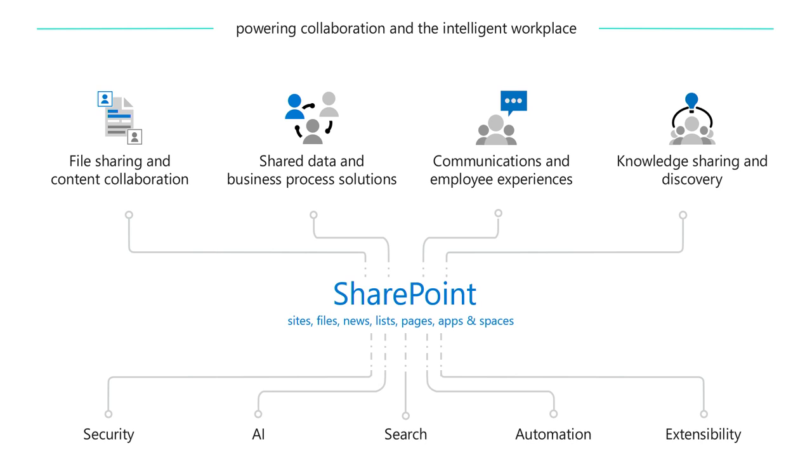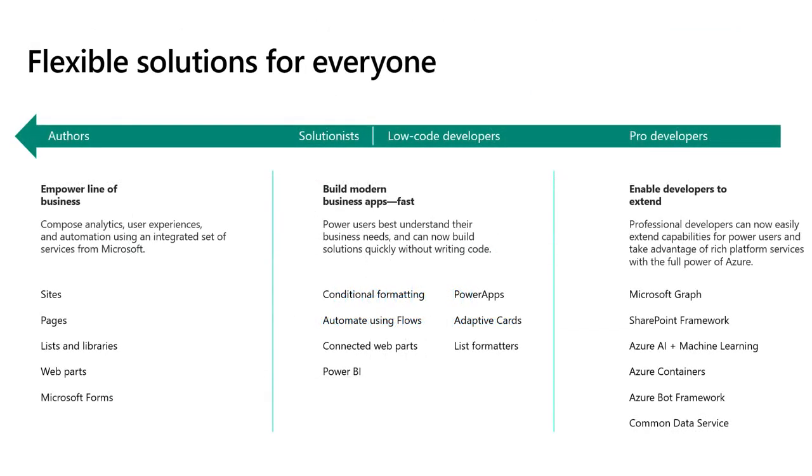SharePoint sits at the centerpiece of all of this tooling. As we've started to see, SharePoint lists are a great repository. You can put up to 30 million items inside of a SharePoint list and be able to use SharePoint lists and libraries to light up collaboration in things like Outlook, being able to drive business processes in Flow, being able to deal with some of the other core knowledge management and employee engagement experiences for portals, which aren't really germane to today's session, but it's just some of the capabilities that we have out there. We also recognize that there are a range of capabilities from the pro level all the way on through to everyday user activity.